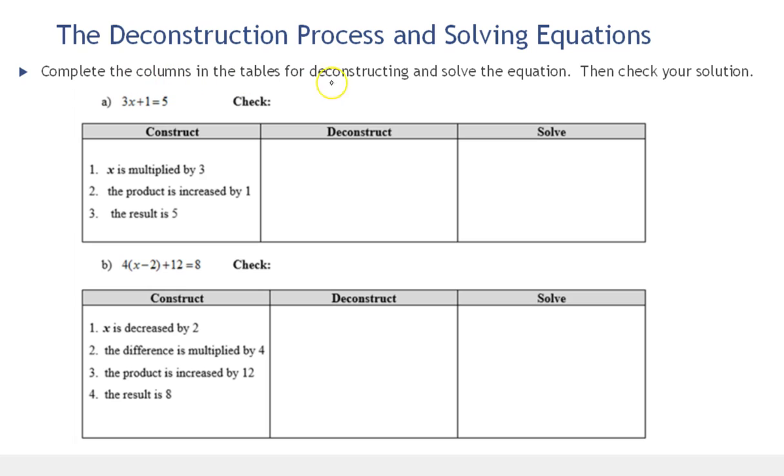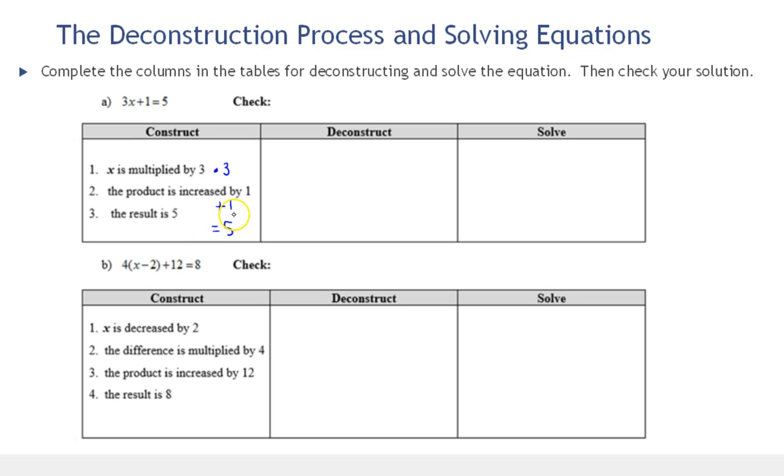Complete the columns in the tables for deconstructing and solve the equation, then check your result. So let's look at the first one. These are the problems we did in the last video, and I have the construction written out. So let's start by writing some shorthand for this construction. First, we multiplied by 3, so I'm going to put dot 3 for multiplied by 3. Then we increased by 1, so I'm going to put plus 1,